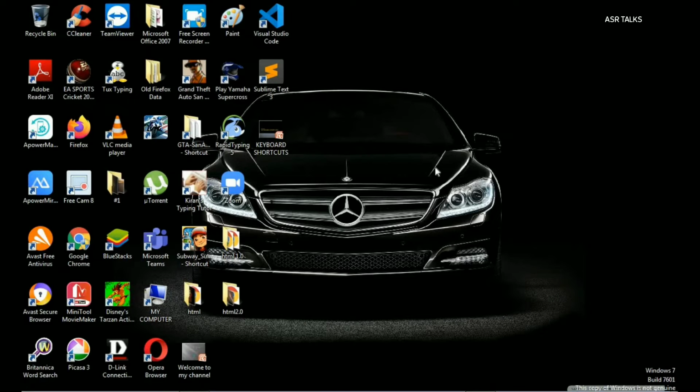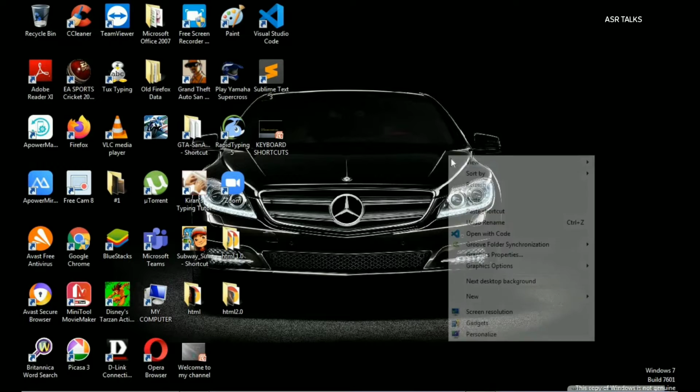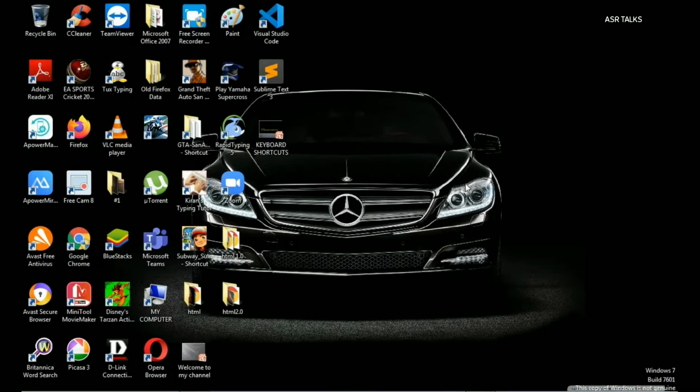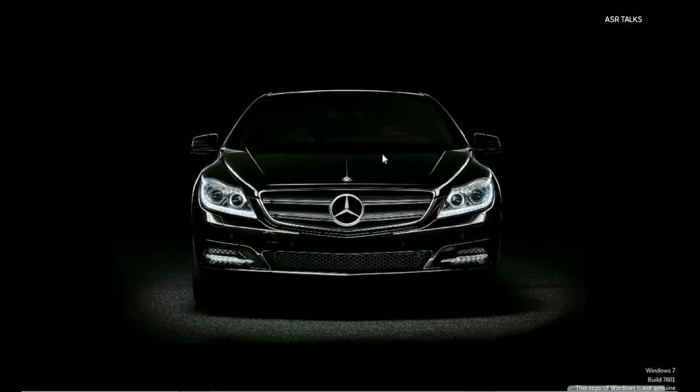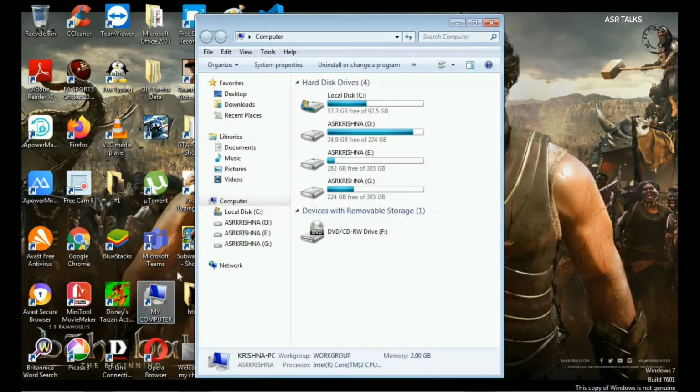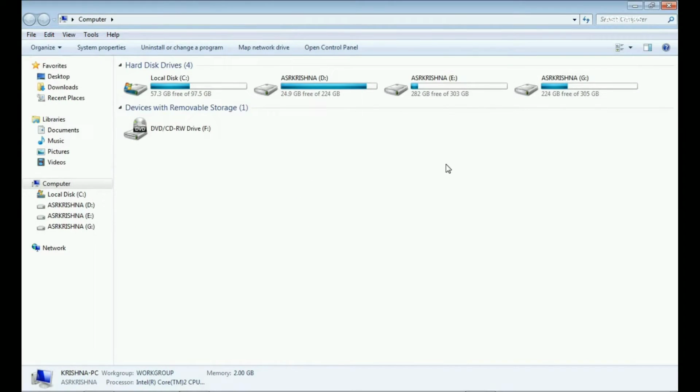And another most frequently used one in the computer is refresh. We often do refresh every time we close or open the program. And to do a refresh, we generally right click on the mouse and we select the refresh. But instead of that, we can actually make it possible using the shortcut key F5. And by pressing F5, you can actually see here the icons will pop up. That means it indicates these are refreshing the icons. And not only on the desktop, you can also do it in My Computer or any program. And here by pressing the refresh, you can actually see they will fade in and fade out. F5 is also used to reload the tabs in the browsers.